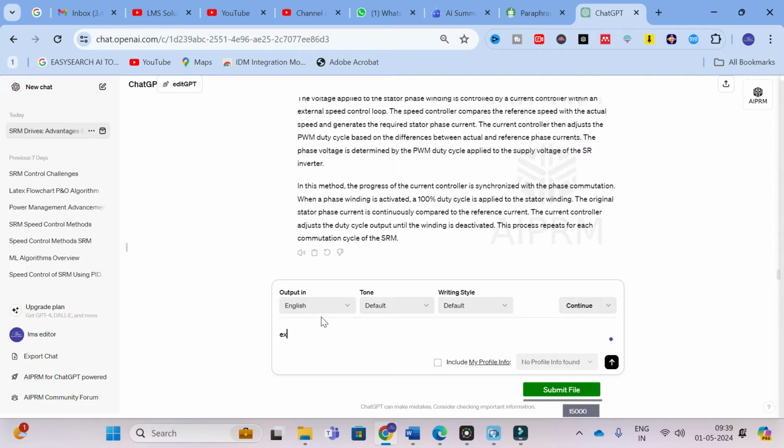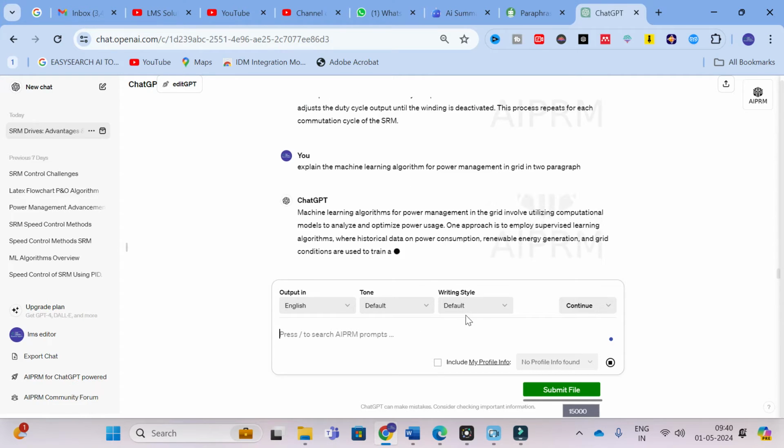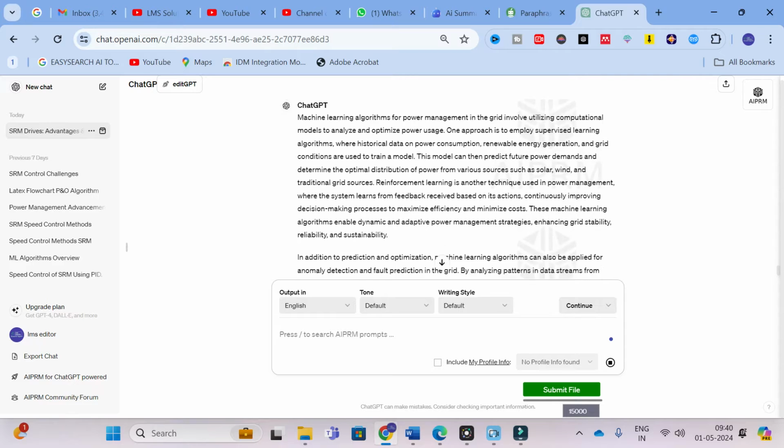For example, explain machine learning algorithms for power management in grid. You can ask any question you want, in 2 paragraphs. You can give an input like that, and the AI will start to generate the content for you. Then you can copy that content